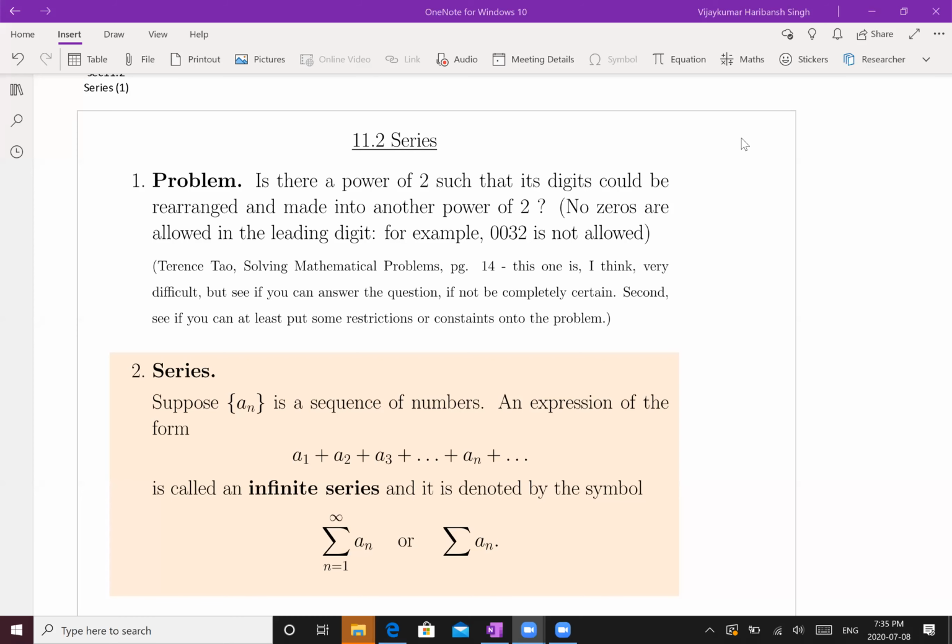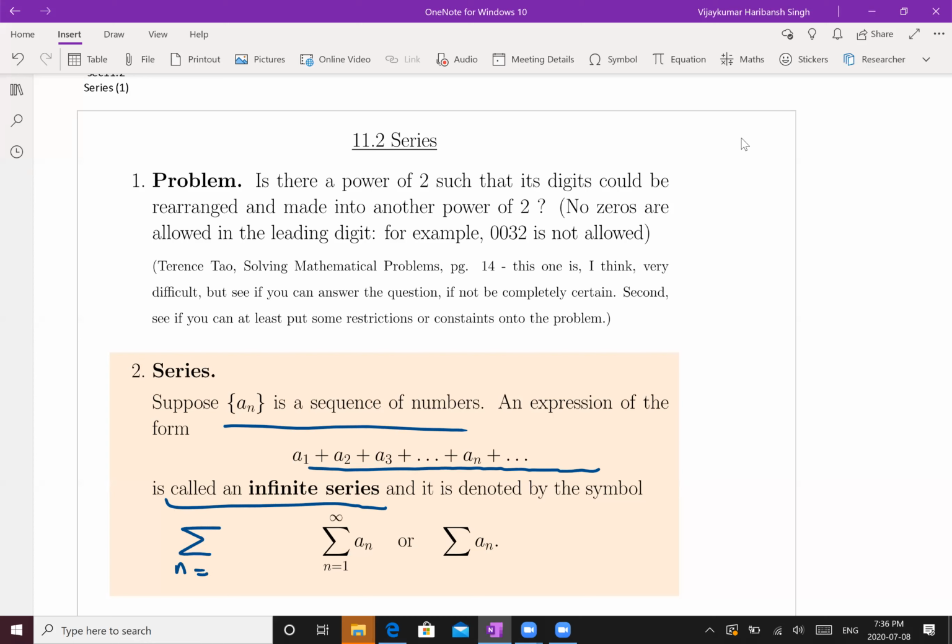So we want to talk about infinite series. The starting point is you start with a sequence of numbers and then you add all of them up. So you have a1 plus a2 plus a3 plus a4 plus dot dot dot an plus dot dot dot. If you keep on adding this, you get what is called an infinite series, and it's denoted by the symbol summation